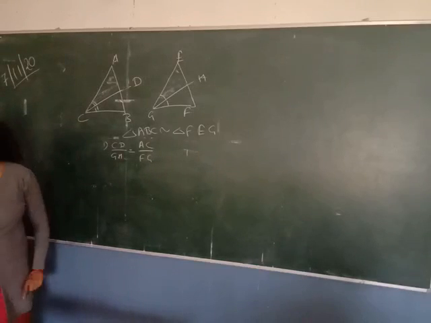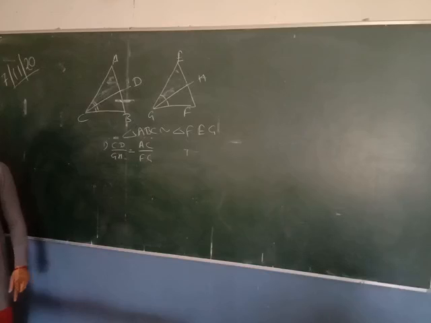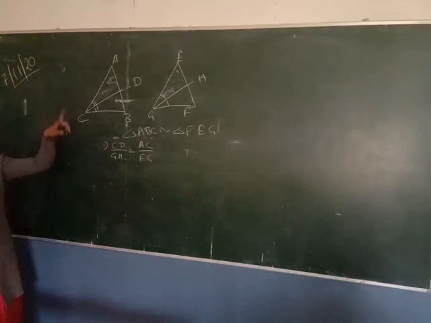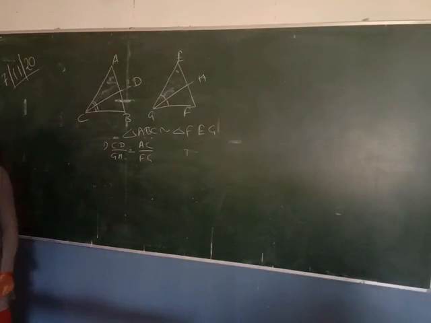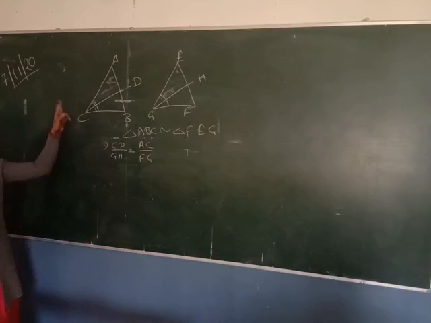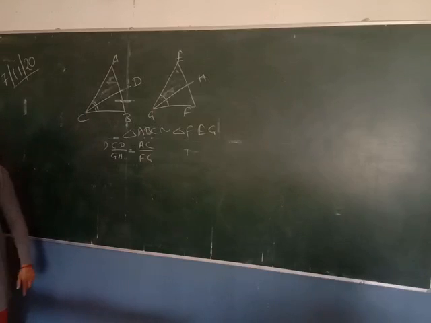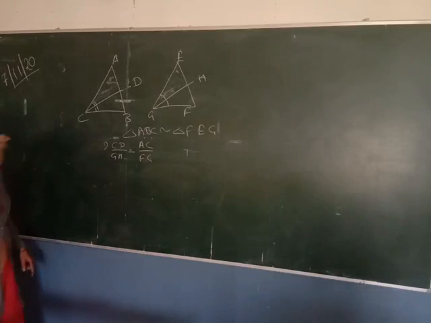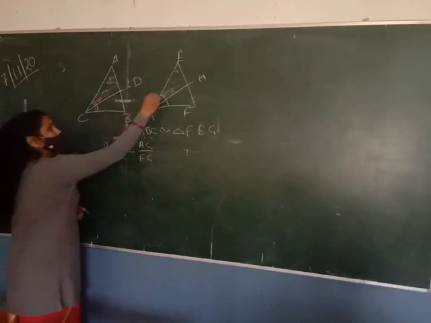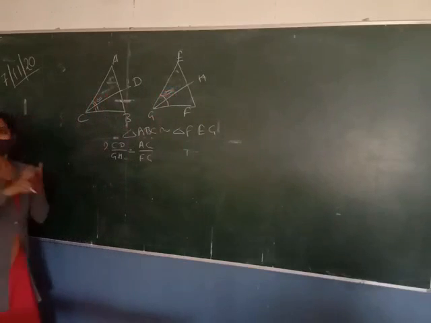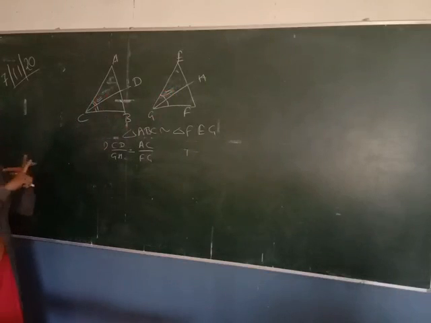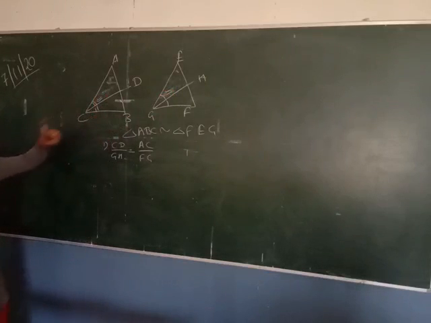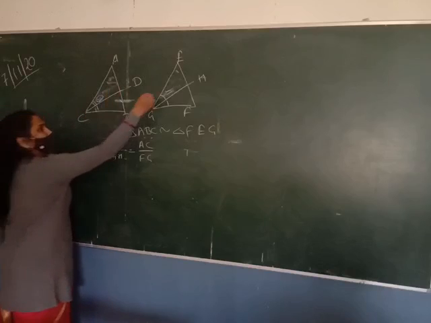Sudhanshu. Triangle ABC and triangle EGC, then they both are similar. हाँ, both triangles are similar. So angle C and angle G are also equal. तो जब वो bisect करेगा तो half of these angles are also equal. Because angle C is equal to angle G, so we can say that half of angle C is also equal to the half of angle G. That's why this angle and this angle are equal to each other.